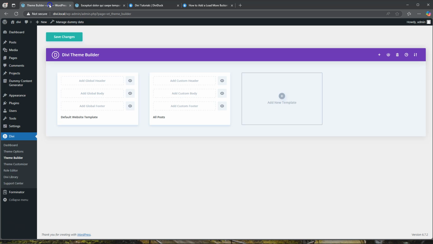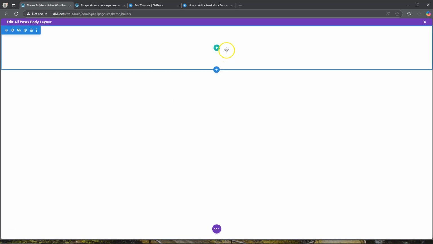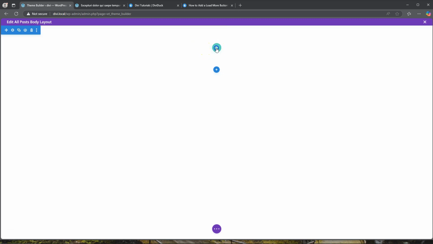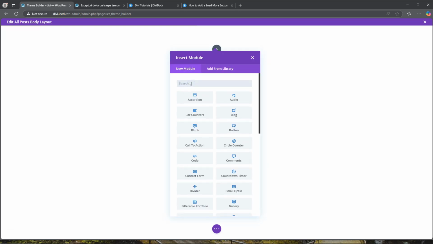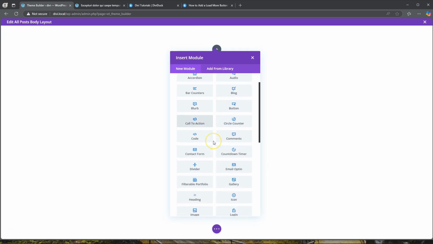So let's jump back in there. Because we're not doing the header, we're going to skip that part and jump straight into the body. Now that it's loaded, you are presented with what you should be familiar with if you've used Divi before, which is the blank canvas with the section and the row. We want to take this row and make it a single column. Then we want to put in